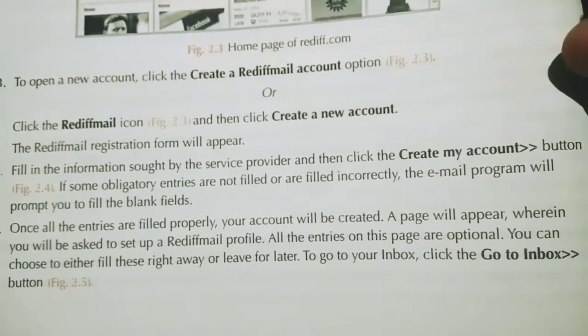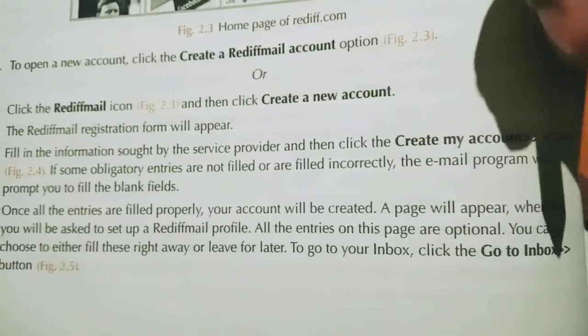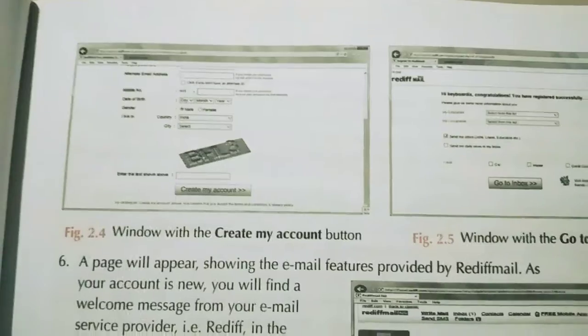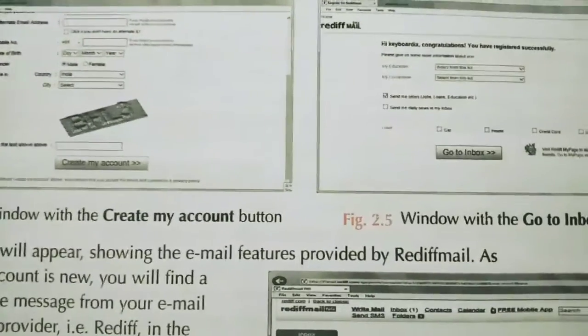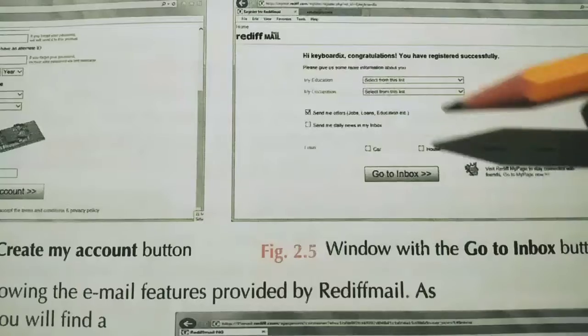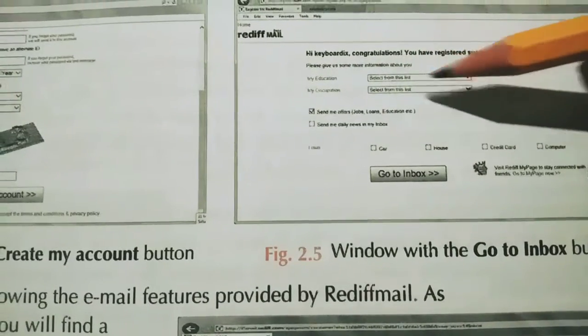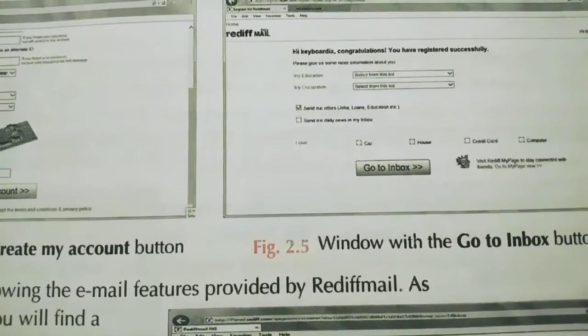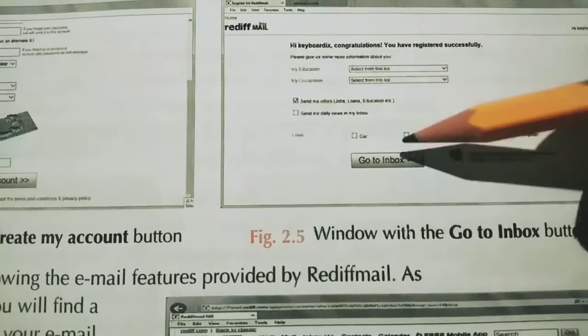Okay. Next, to go to your inbox, click the inbox button. So by clicking the inbox button, here you can see, after filling all the information, it will show like this. Okay, my education, my occupation, these are optional things. You have no need to fill them now. So next, go to inbox. When you click this button, go to inbox,